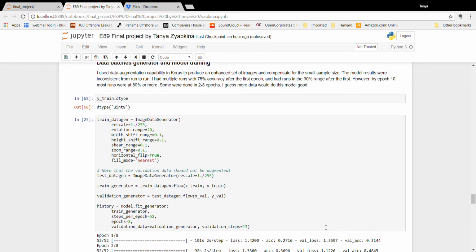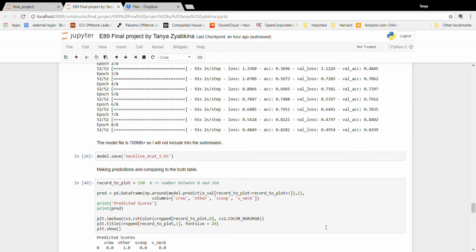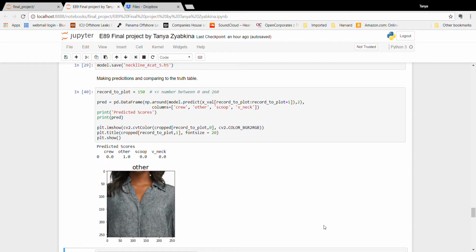then I'm going to do image augmentation using Keras tools to compensate for the small size of the data set that I have. So after training the model, I got about 83% accuracy rate on the validation data set. And here's a little function that I'm using to run an image through the predictor and see if it comes up with the right